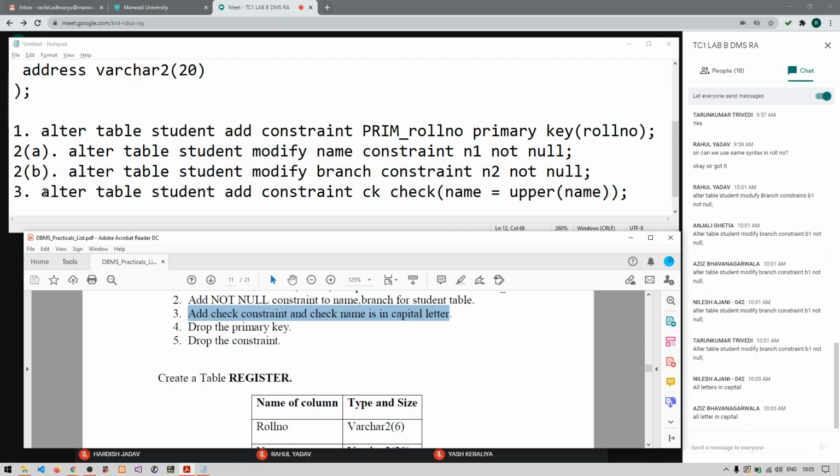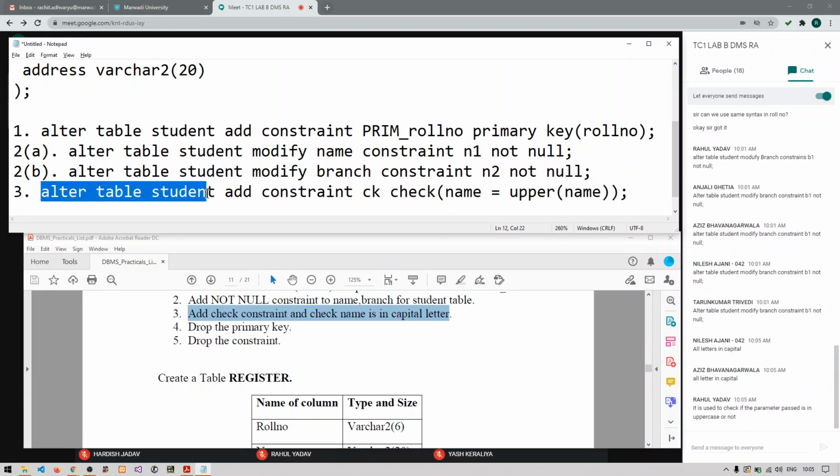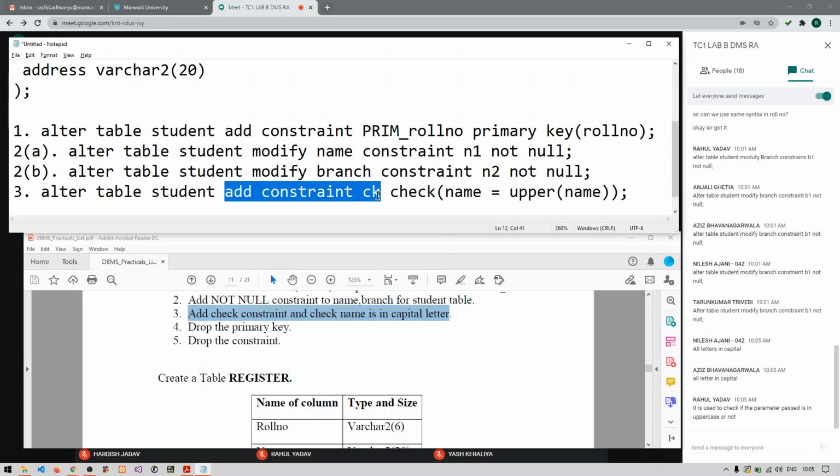So what I have done is used alter table student, and now we are going to add one constraint called ck, and that ck will be a check constraint, which checks whether the name is equal to the uppercase of that name.